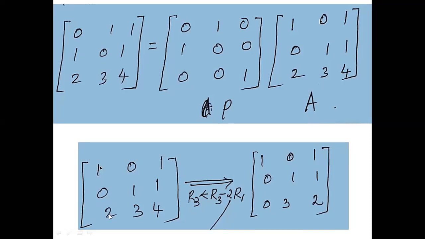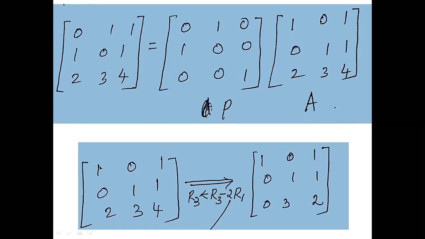So for the original matrix, because the pivot cannot be 0, I need to convert it into A and multiply this with a permutation matrix. Now I have converted the given matrix into P into A, and now I will consider this A for LDU decomposition. So I will take this A: 1, 0, 1, 0, 1, 1, 2, 3, 4, and the task will be to have only diagonal elements 1, 1, 4, whereas the components below this main diagonal must be 0.